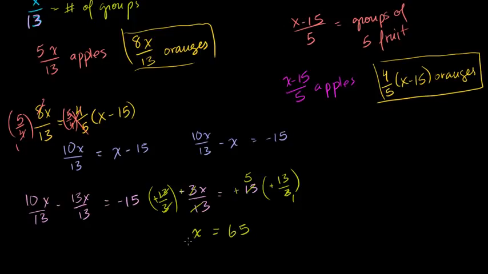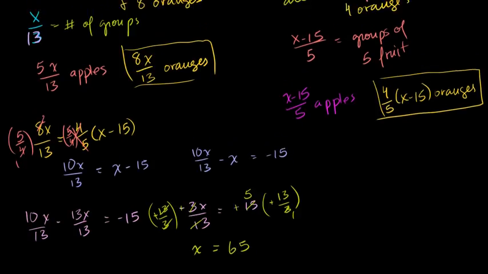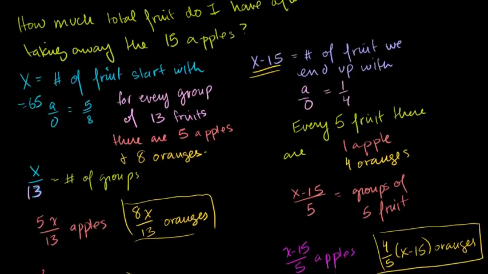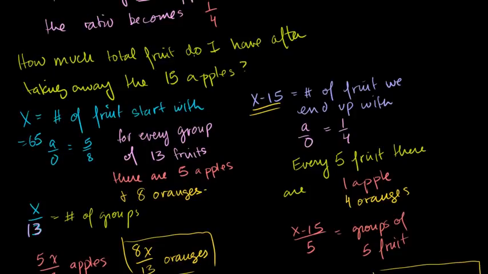But that is not our answer. Remember what x was. x was the number of fruit we started with. And we just figured out that this is equal to 65. But what the question wanted to know is, how much total fruit do I have after taking away the 15 apples? So the question wants to know how many after taking the 15 apples. If I started with 65, I give away 15 of the fruit, all of them are apples, then I'm left with 65 minus 15, which is equal to